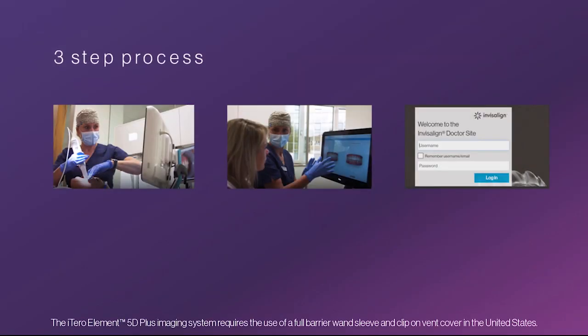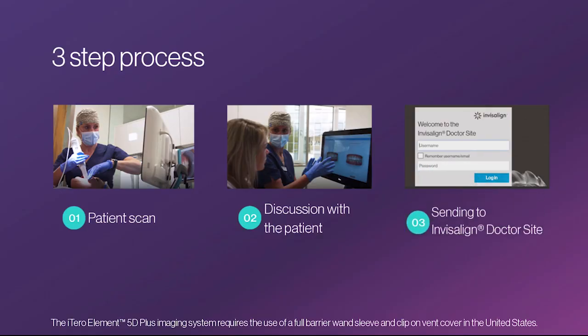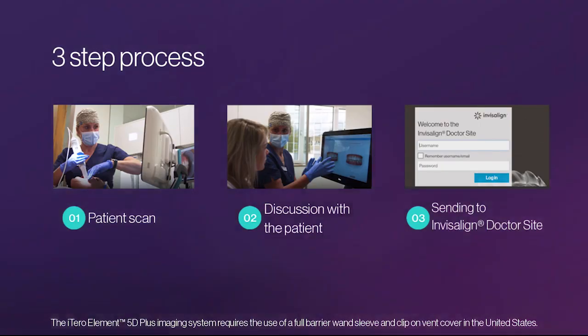Using the Invisalign Outcome Simulator with the patient is a 3-step process. First, access the patient scan via the iTero scanner or the myitero.com portal. Second, view and adjust the simulation and discuss your findings with the patient via WebViewer. Finally, once you and the patient agree on an outcome simulation, send this simulation to the IDS and proceed with the Invisalign treatment.